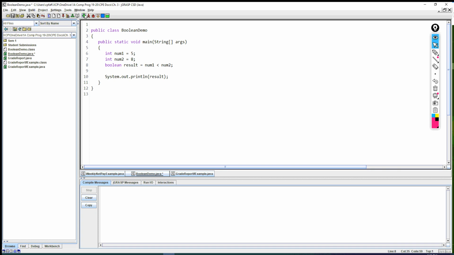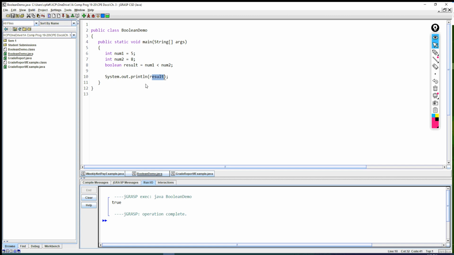And so we compile this, and then we run it. And so this is going to be evaluated to be true or false. It's going to be stored in result, and then that true or false is going to be displayed on the output. So here's how it goes, and you see how 5 is less than 8, so it